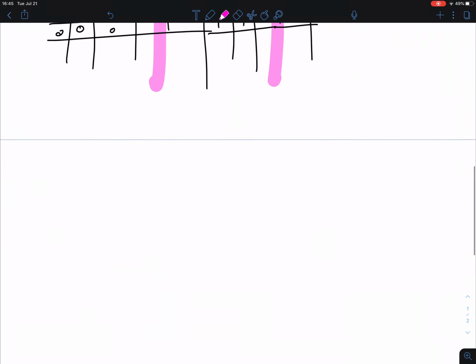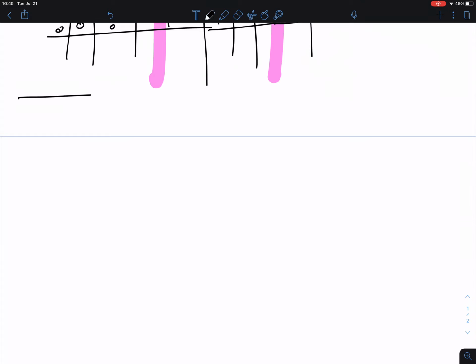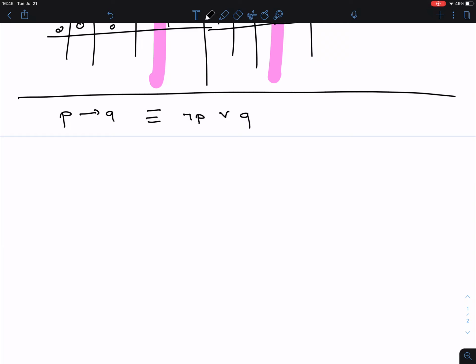There is another important one, although it doesn't have a name. I'm going to show you another one, namely P then Q is logically equivalent with not P or Q. Which is kind of a bit weird, right? Because on one side we have an implication and on the other side we have an OR. So you kind of wouldn't think that if-then can actually be written as an OR statement, but it can. This is what it says, right? So instead of saying if I drink coffee then I have a bagel, I can say either I